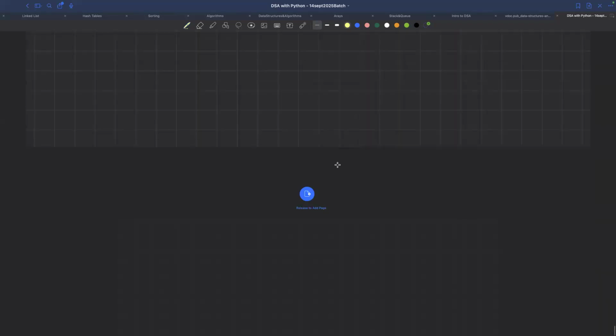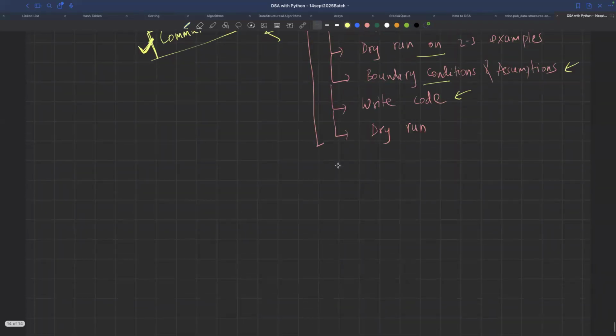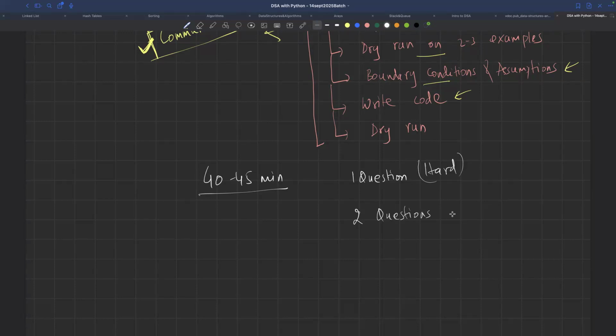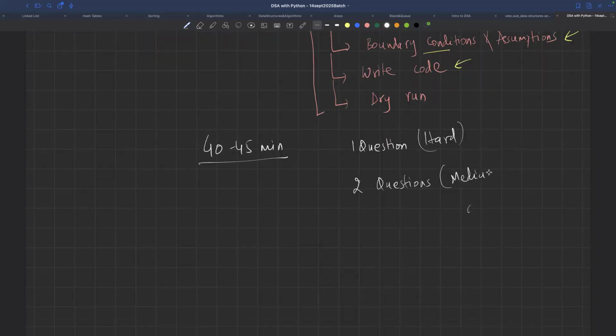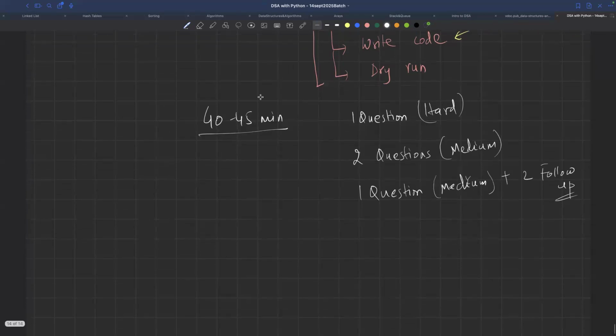If it is an easy question, again, it depends on different places. But normally you can have 40 to 45 minutes. You can either have one question, and if that is one question, then it will be slightly hard. Or it can be 2 questions if it is medium. Or it can be one medium question plus 2 follow-ups. So in 45 minutes,